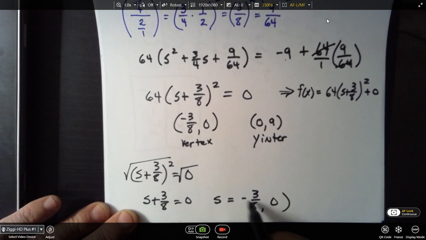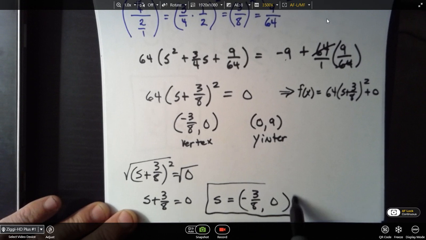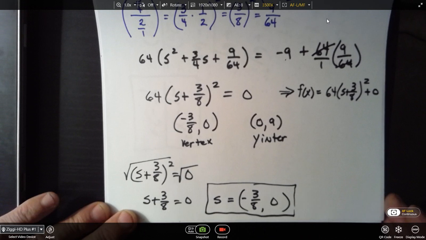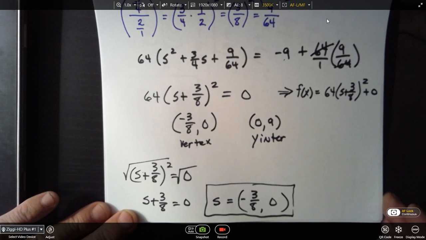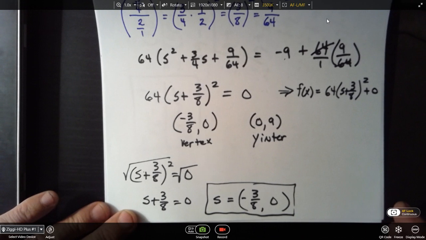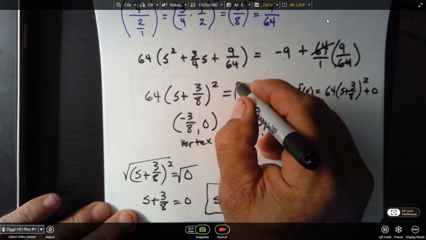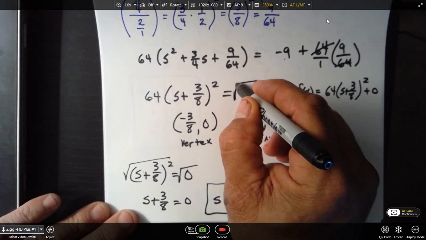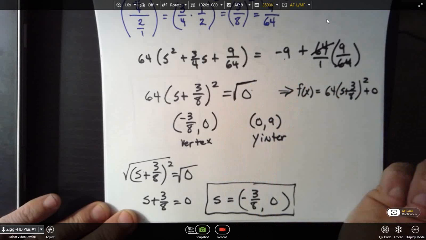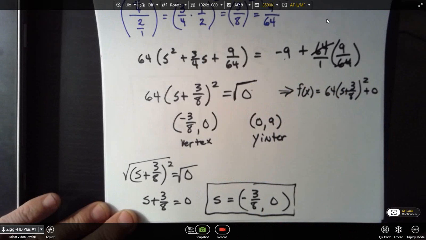And this is a time when the vertex and the x-intercept are the same thing. In other words, it's sitting on the x-axis. And remember, when you take the square root of 0, the discriminant tells you that it only has one x-intercept. So it tells you right there that you're just going to have one x-intercept. So if you sketch it